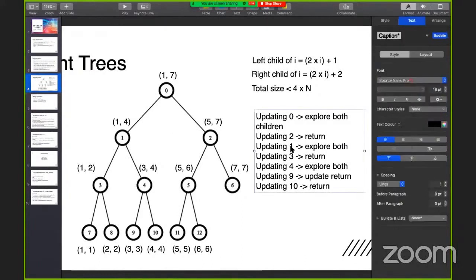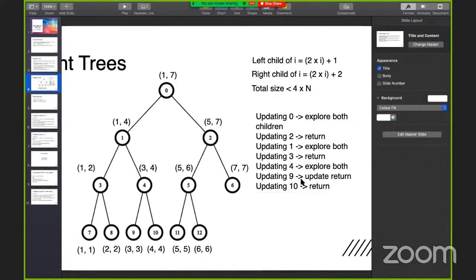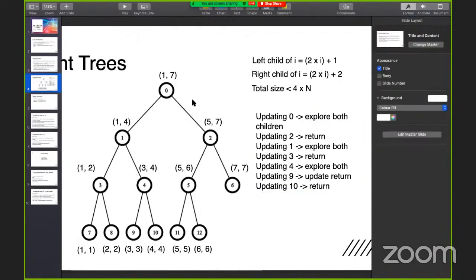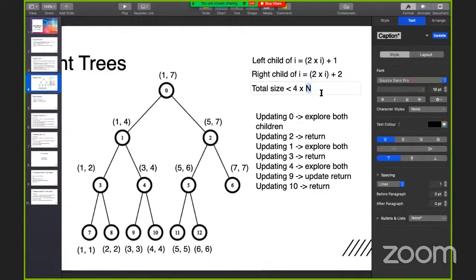So out of 12 here, notice that we only accessed 7 nodes. And 7 is obviously not log 12, but the way it scales, it'll be similar to log n. The reason is that since it's a binary tree, the height of the tree is at most log n. Let me just write that.